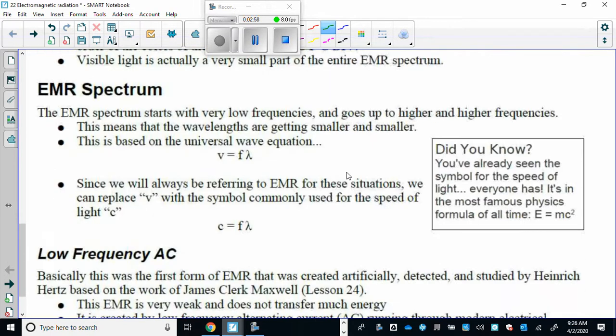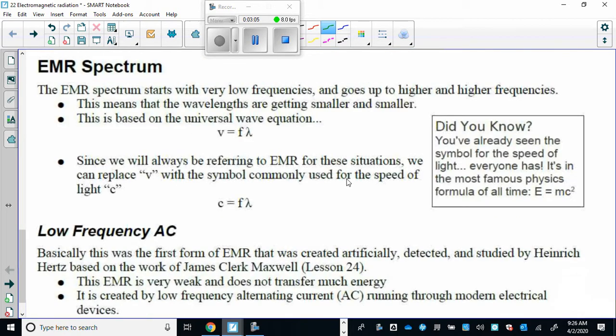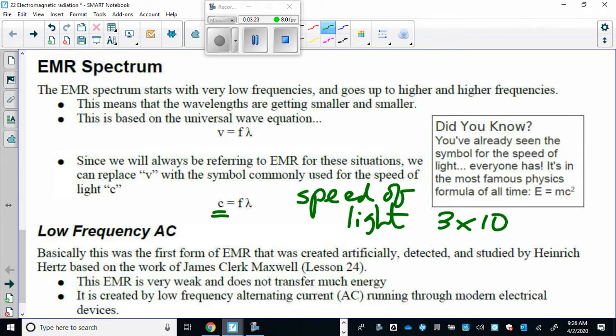And then let's go to the EMR spectrum. We have our universal wave equation, which we're now going to change. The universal wave equation you learned in Physics 20 says velocity equals the frequency times the wavelength. We're just going to change the velocity to c, because c represents the speed of light. And it's always going to be 3 times 10 to the 8th meters per second, which, so you're impressed by this number, which is